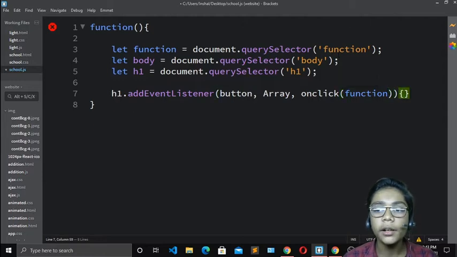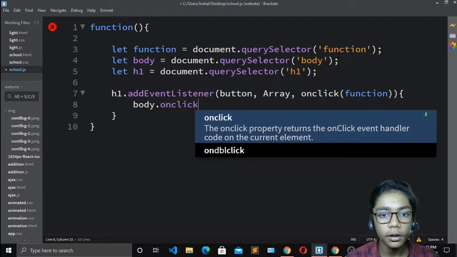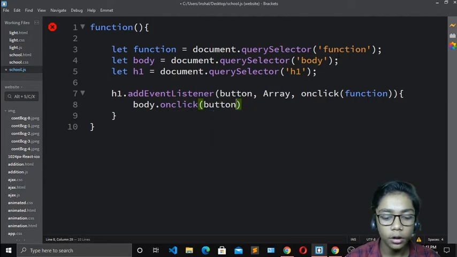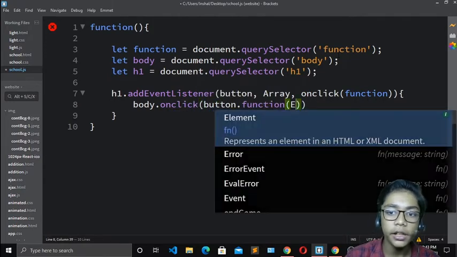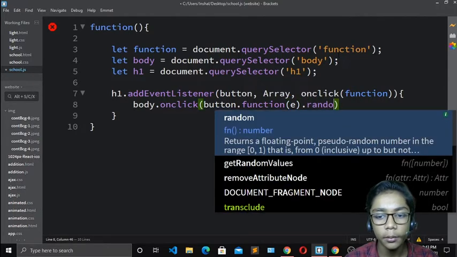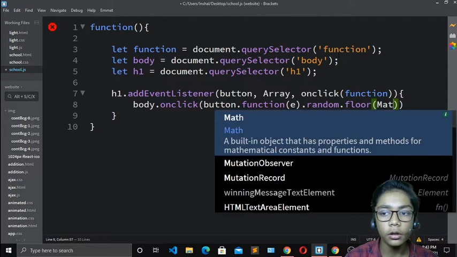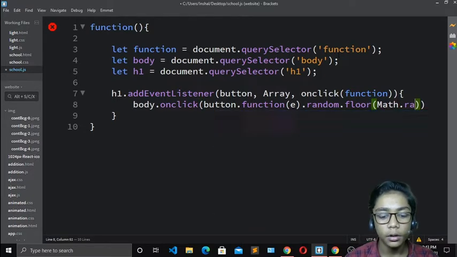Then write curly brackets, and write body.onclick, and button.function tag, and with that I will add e, which should be a small e, then write dot and Math.random and floor. Then write Math.random.